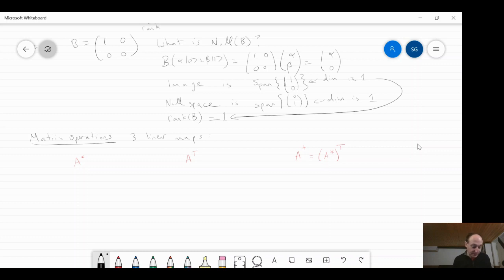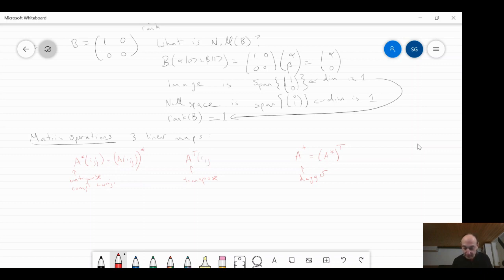And these guys are just going to be exactly what you think. A is a matrix here, let me be clear. So this is going to be the entry-wise complex conjugate. This is going to be the transpose. And this is just the dagger, is what we call it, or the Hermitian conjugate, for example. And A star, we'll just define it entry-wise, like I wrote here. So A star of ij is nothing other than A of ij: pull out the entry at that position and then take the complex conjugate of that.